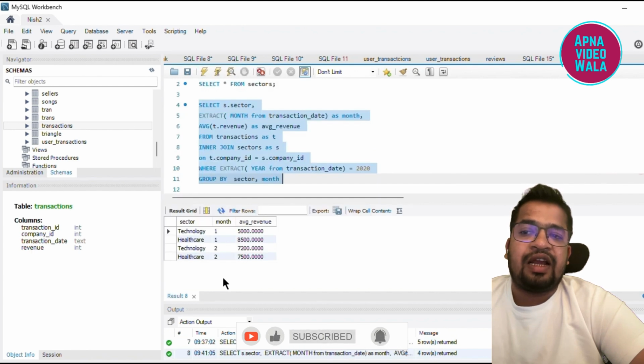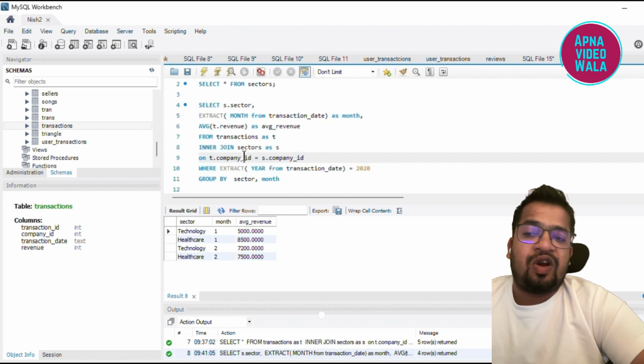है, healthcare का निकल के आ गया, technology का निकल के आ गया, healthcare का निकल के आ गया। इस तरीके से हमारा अलग अलग month के basis पे revenue generate हो चुका है, ठीक है, combination of sector और month, ठीक है। Now in a case what we can first of all just want to be join